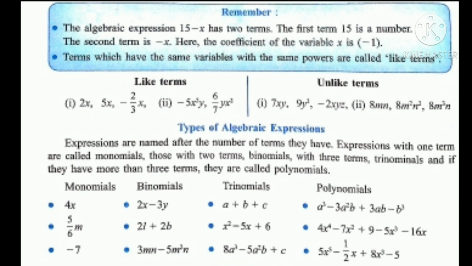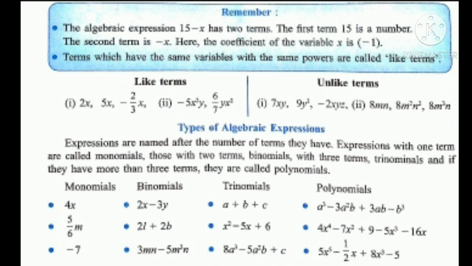Here also x cube is there, and the second expression also has x cube and y with the power 1, and 6 by 7 also has y with the power 1. So minus 5x cube y and